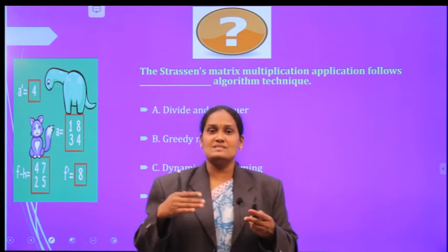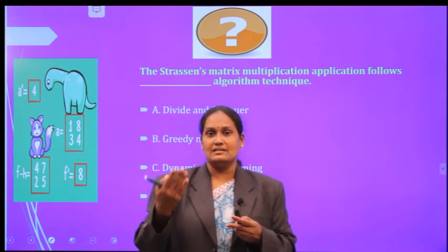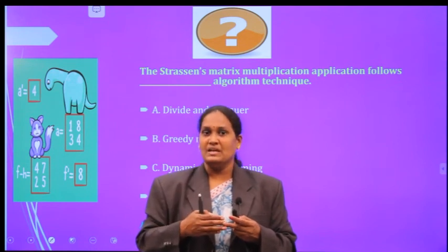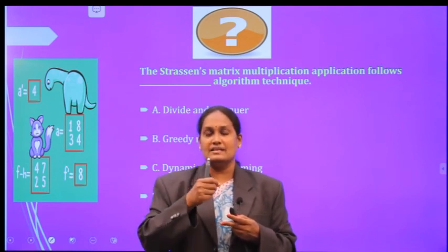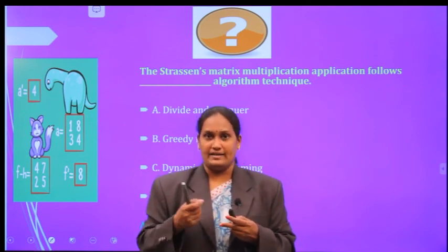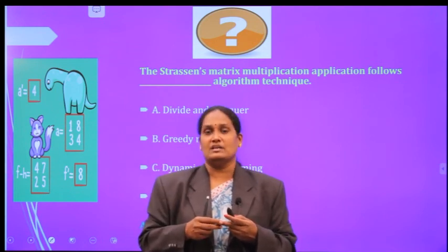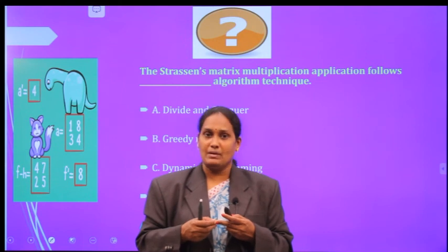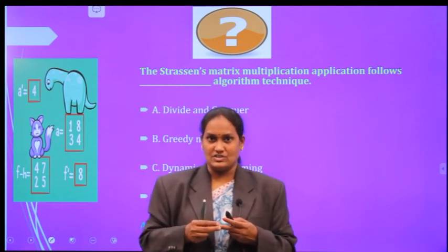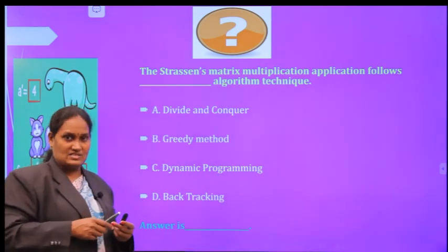So here all this process is explained by considering 2 by 2 matrices. If you consider larger sized matrices, there is a lot of variance in the time complexity between general matrix multiplication and the Strassen's matrix multiplication. And also I showed you a video clip which helps you in remembering all the values for writing that Strassen's matrix multiplication. So here to assess yourself, I have given some questions, answer these questions.